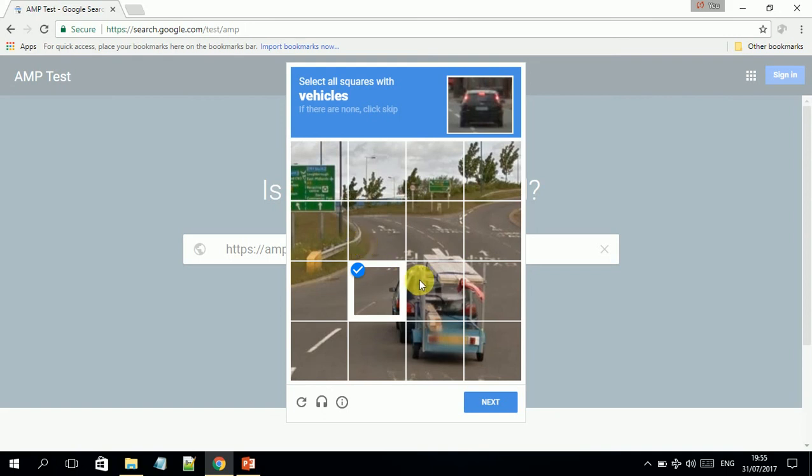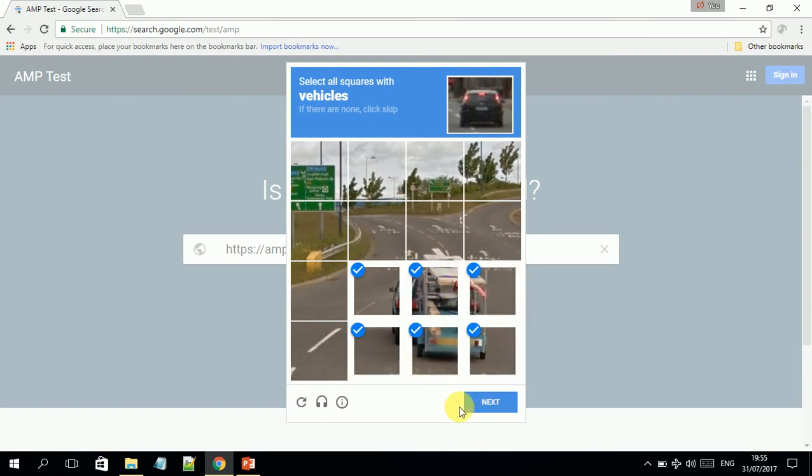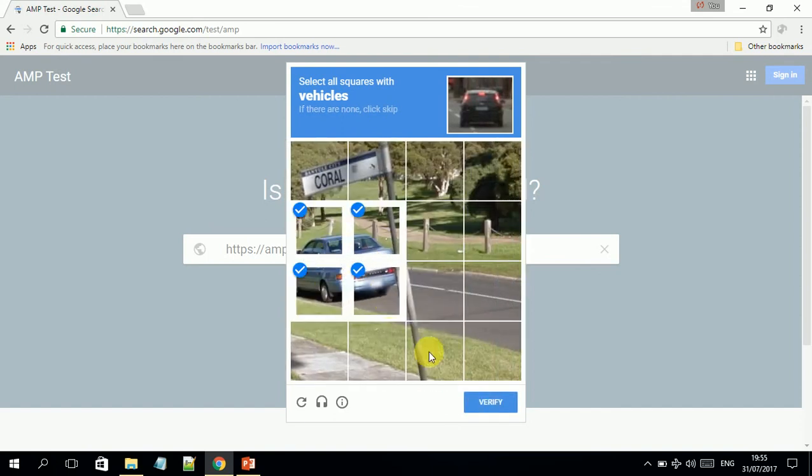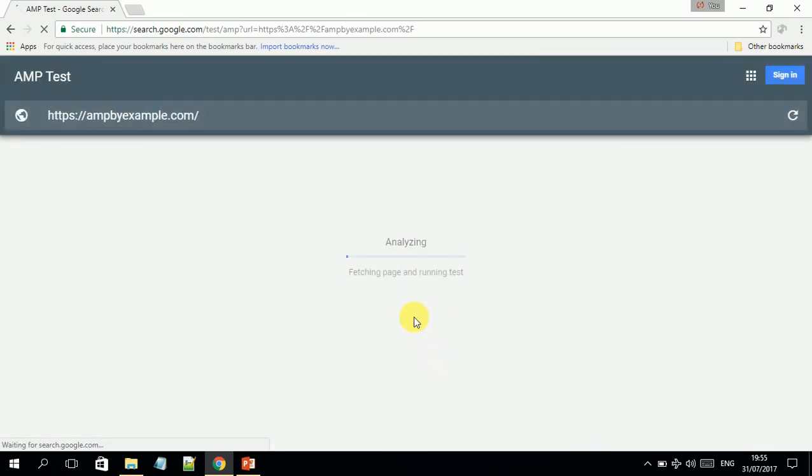If you are a repeat visitor, it will definitely ask for some kind of validation. Okay, it's done. Now it's generating the results. It takes some time. Once it is done,